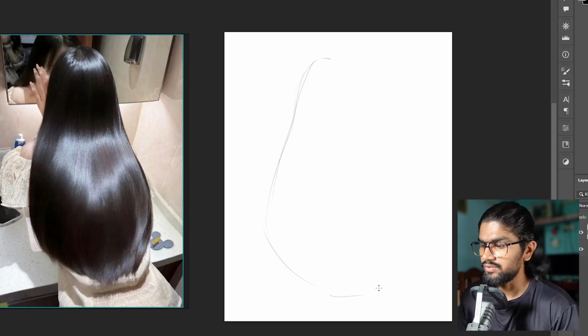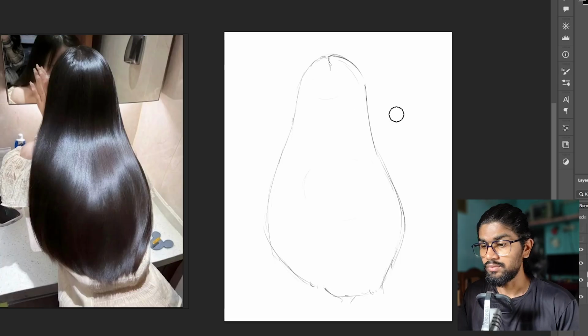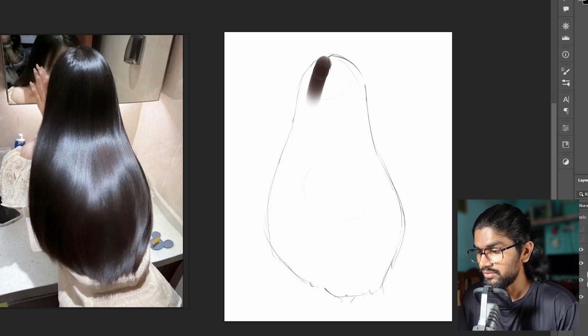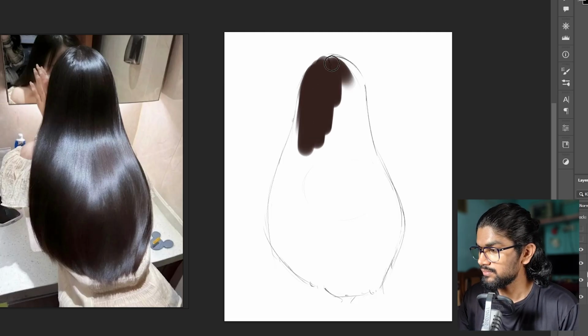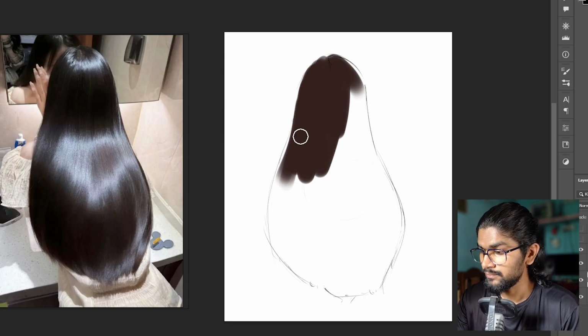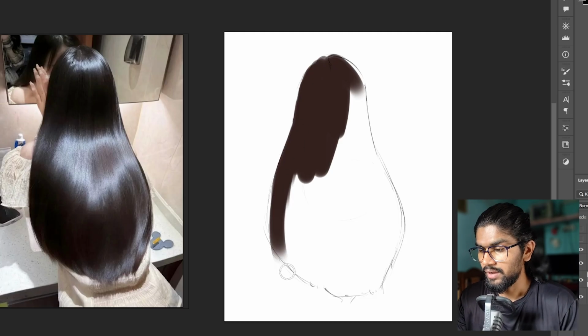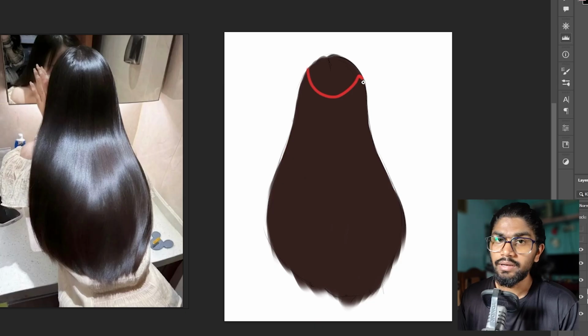If you haven't watched the skin rendering video yet, you can click on this I button here. For the first step I can start with the base color here, and let's select the color and put it on the canvas like this. And so next I can add a slightly darker color for the shadows,